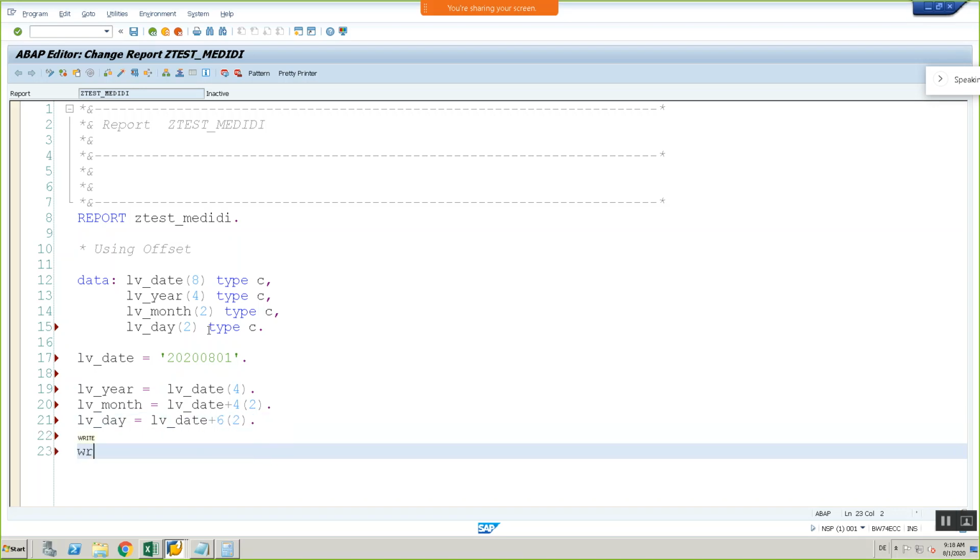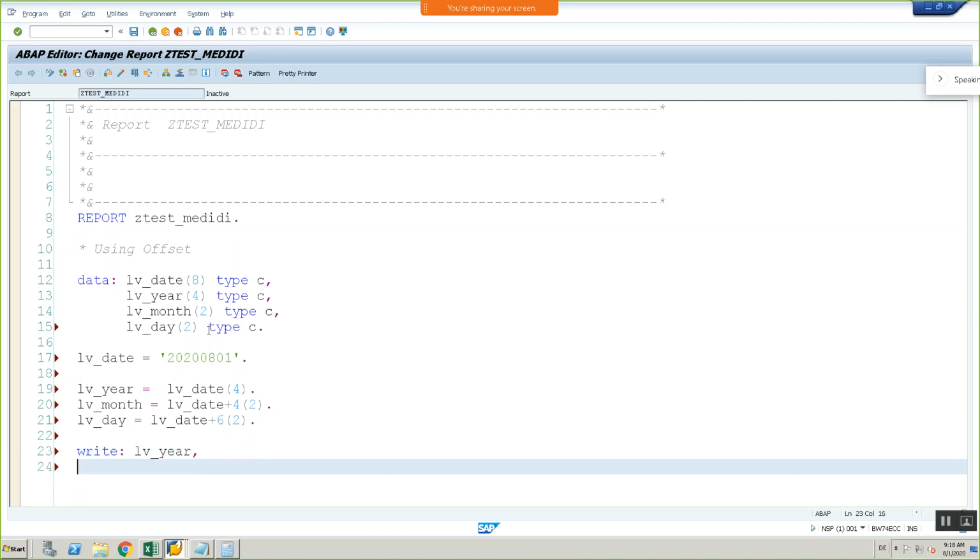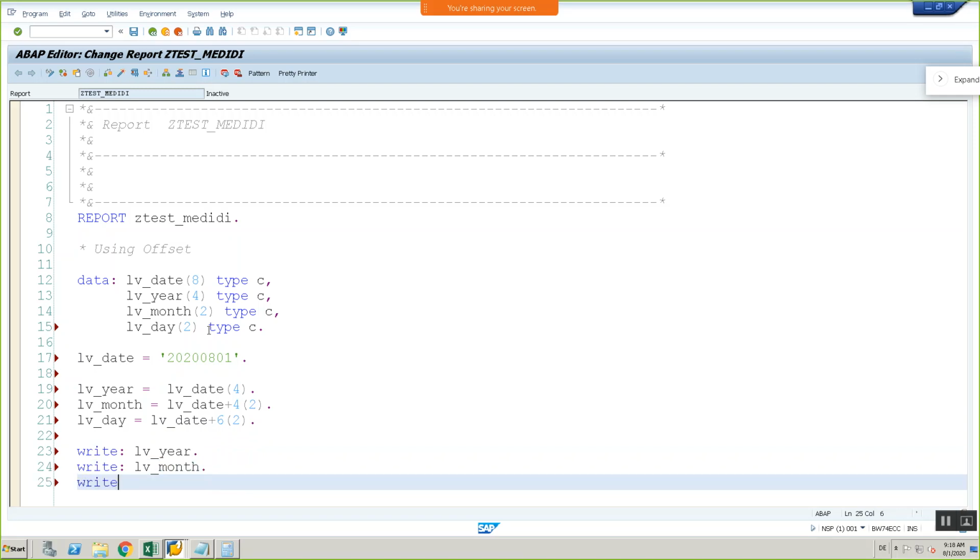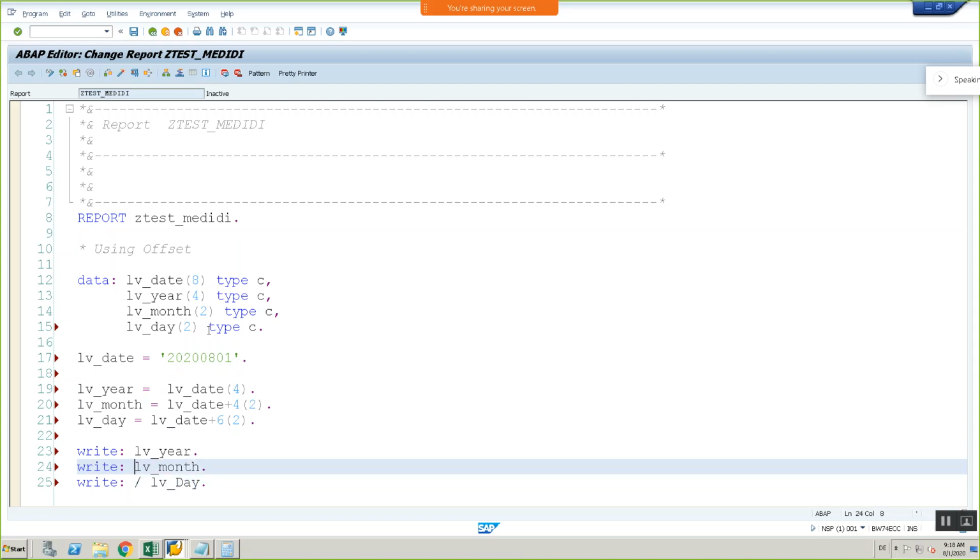That's it. Now write LV underscore year, and month. But if I write like this, all 3 will come one after another, so in order to make them come on different lines, I need to add a new line operator after each.